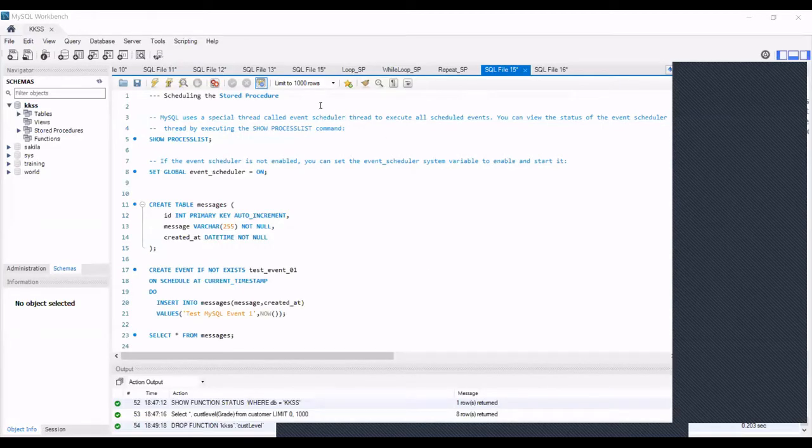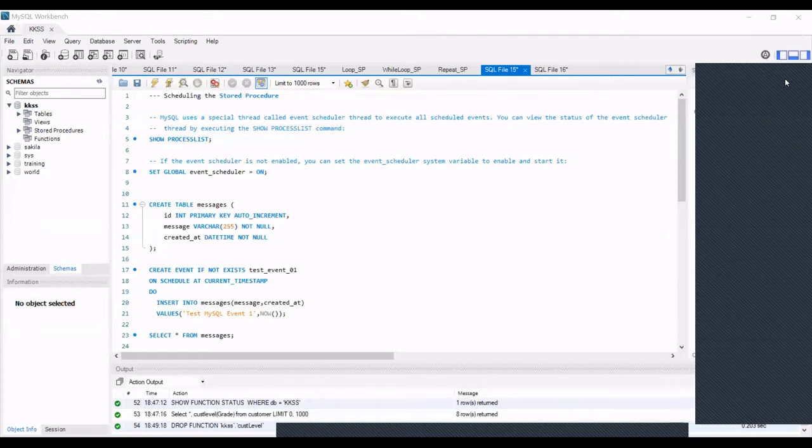Scheduling of a stored procedure. For that, we'll use what we call an event. To schedule anything, we just use a special function that we call the event. For that, what we do first is check whether the event scheduler is on in the system or